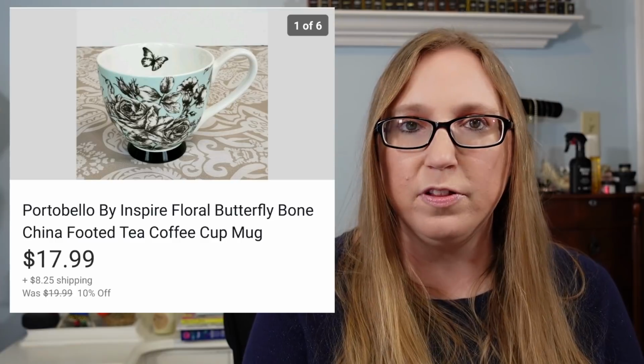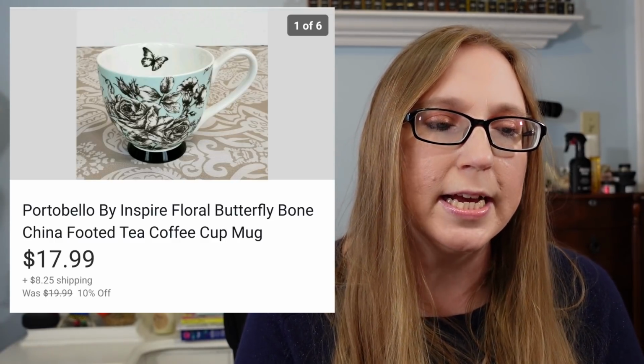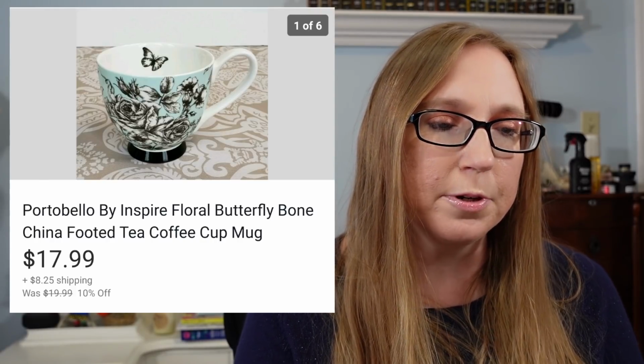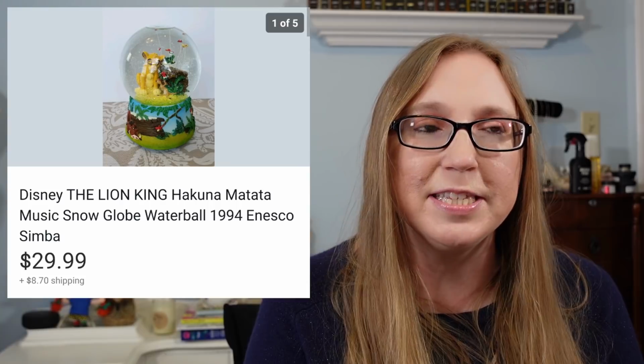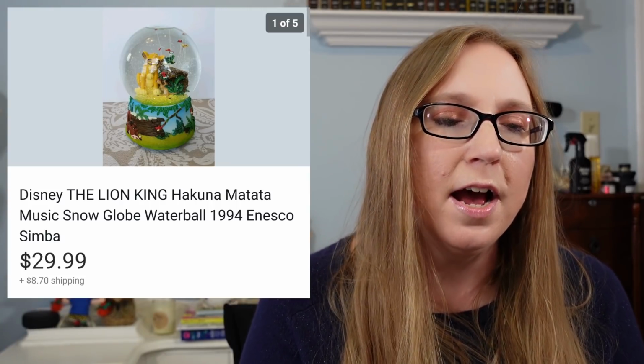Next was a Portobello floral and butterfly teacup. I got this at a yard sale. I'm pretty sure I paid $1 for it, and that sold for $17.99. That was really pretty. I debated on keeping it. A Lion King snow globe I got at a yard sale. I'm pretty sure I paid maybe around $4 for it. That sold for